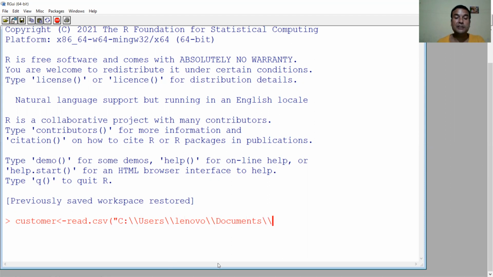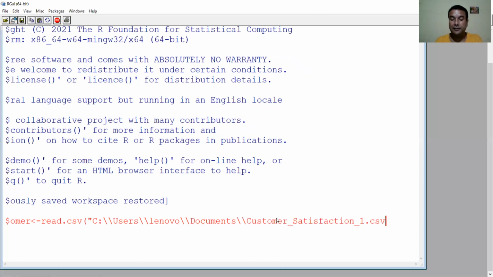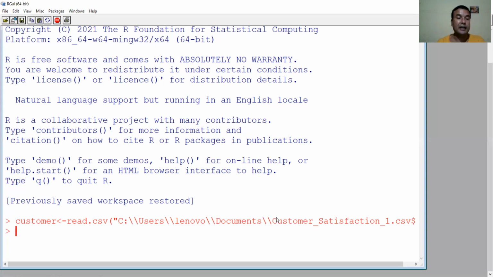So what is the name of the CSV file? Again you can get the name here, copy the name and paste this name here, and close the inverted comma, close the bracket, and then press enter. And once we have seen this symbol, that means we have successfully run the code.